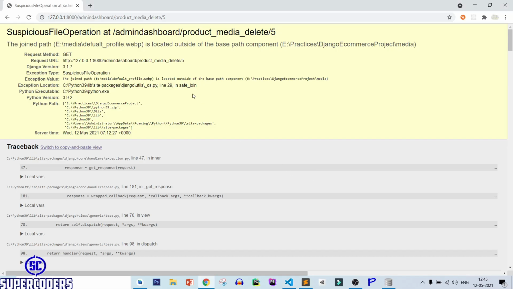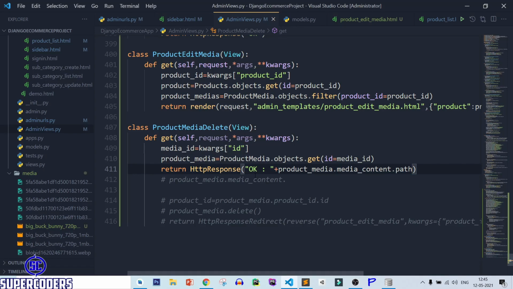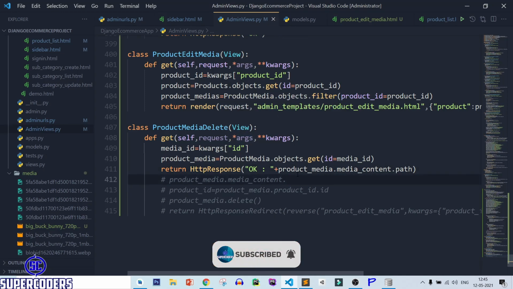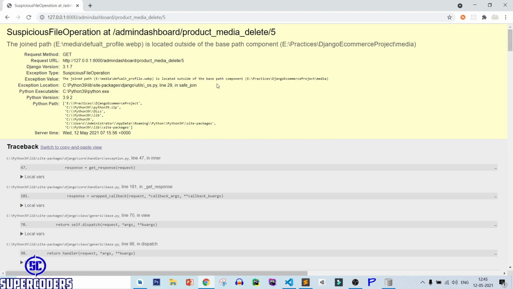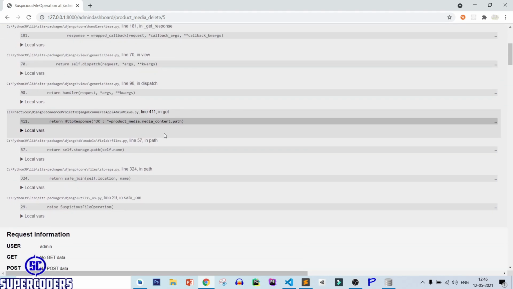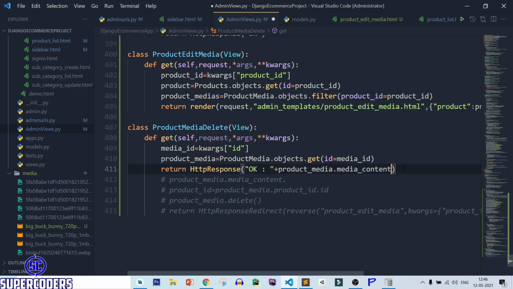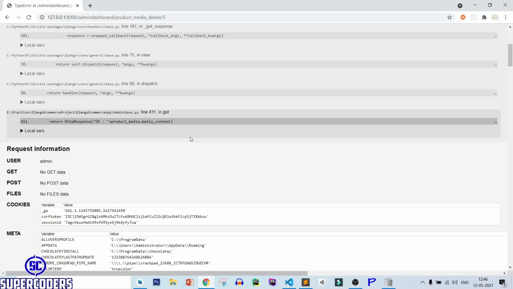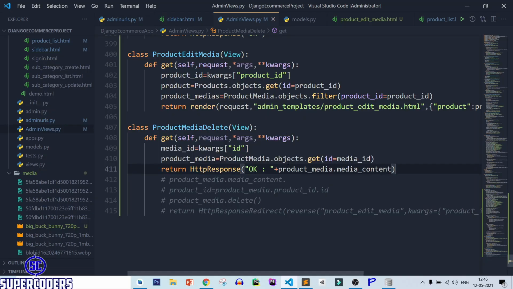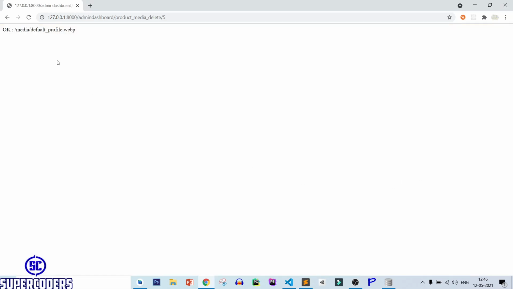Save it, refresh page, refresh page. Save it, refresh page, string, save it, refresh page, and you can see it is showing the path.